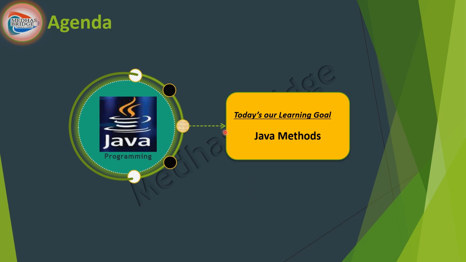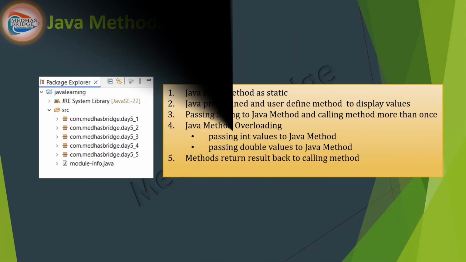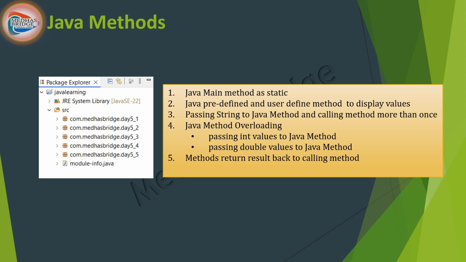Here is our today's agenda. In today's session, we're going to see the main method in Java as a static. Why we're defining the method as static. We can also see